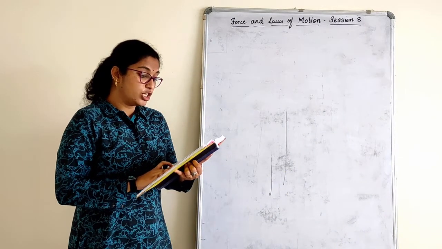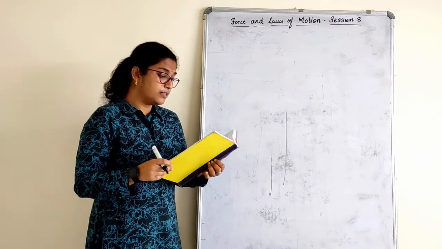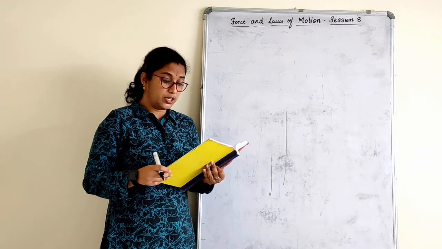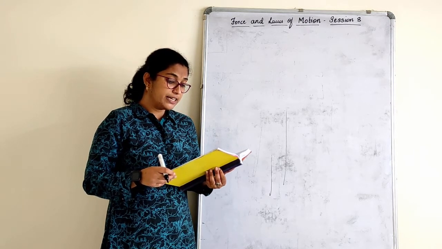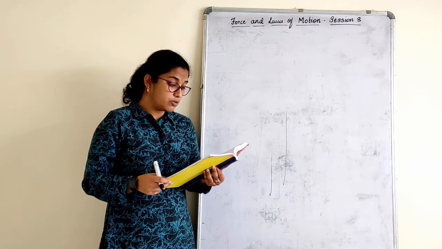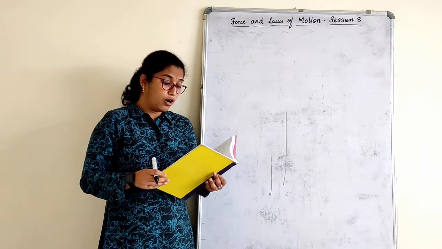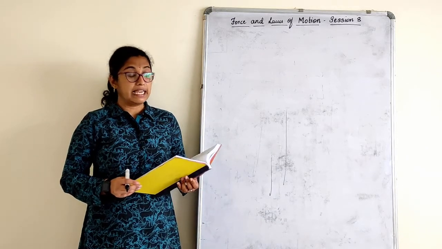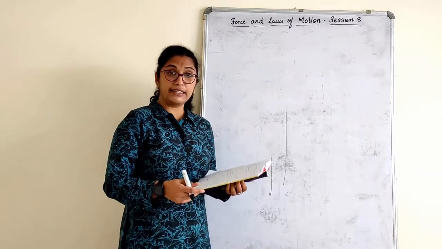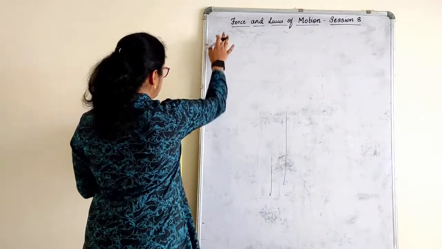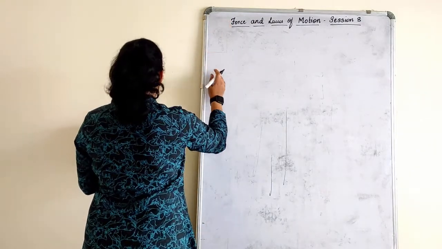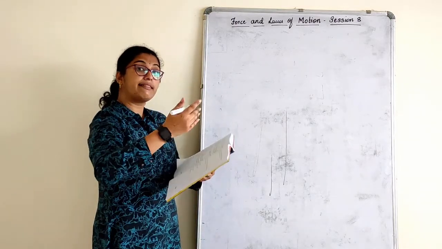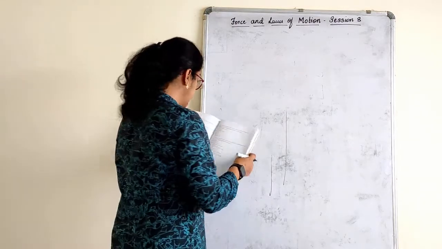A 8,000 kg engine pulls a train of 5 wagons, each of 2,000 kg, along a horizontal track. If the engine exerts a force of 4,000 Newton on the track, and the track offers a frictional force of 5,000 Newton, then calculate the net accelerating force. First we'll write what we know, along with the sub-questions they have asked.